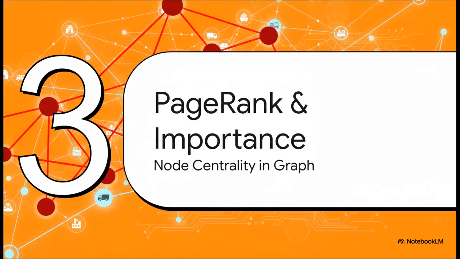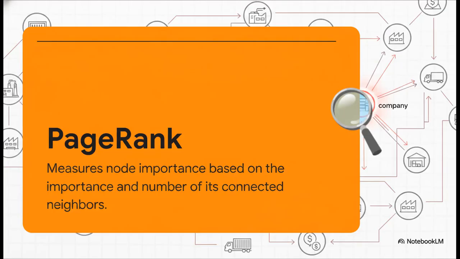Which brings us to Section 3, PageRank and entity importance. To identify the most dangerous potential dominoes in our graph, we deploy the PageRank algorithm from the Neo4j Graph Data Science library. PageRank is a global centrality measure. It calculates the importance of a node based on the importance and number of its connected neighbors. What's cool is that it dynamically estimates importance using the entire network's global information, not just local degree centrality. A company is literally only as important as the companies that supply it, which makes PageRank a natural fit for